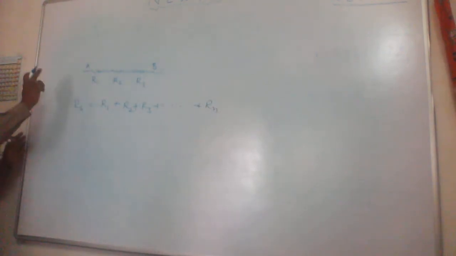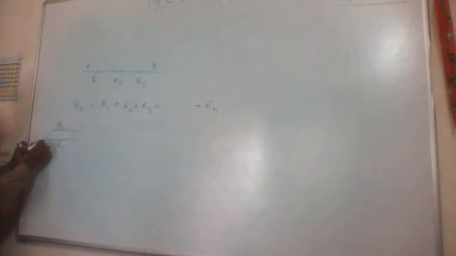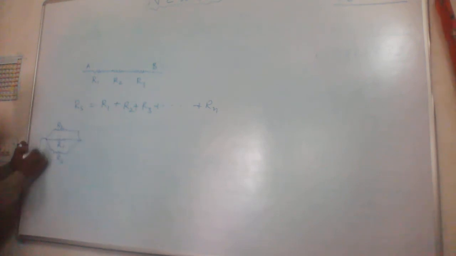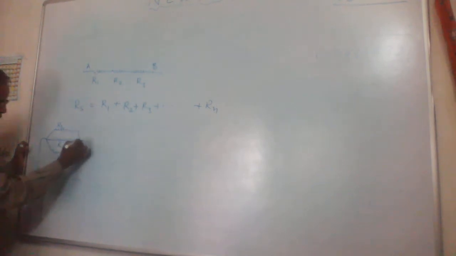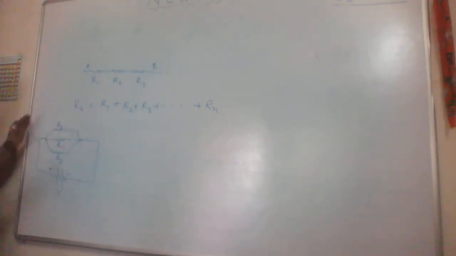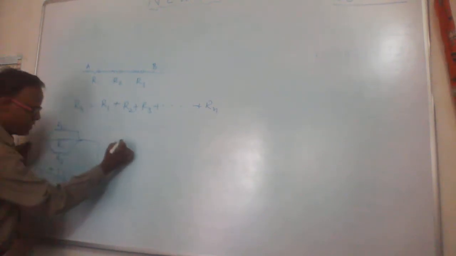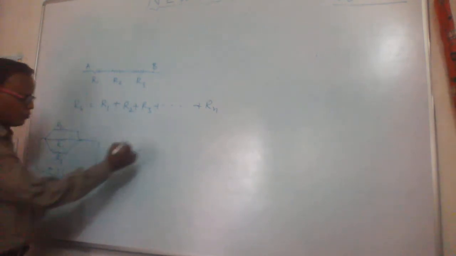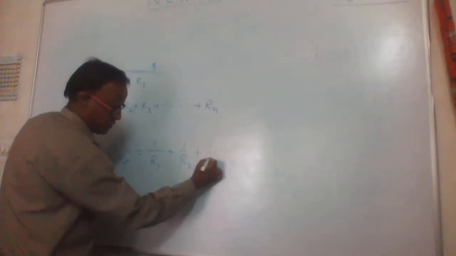Right? And if they are connected in parallel, say this is resistance R1, this is another resistance, say it is R2, and this is another resistance R3. They are connected with a battery of EMF, say source plus V volt, then its effective resistance is given by this formula, or we can say the reciprocal of effective resistance is numerically equal to the sum of the individual reciprocals.